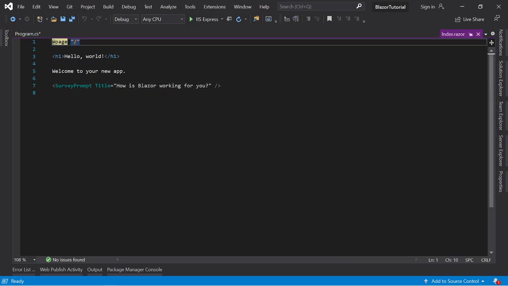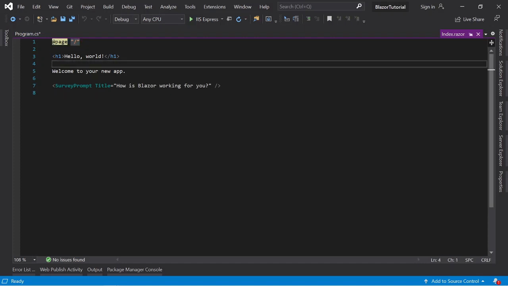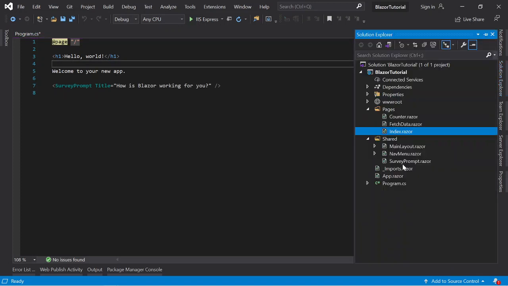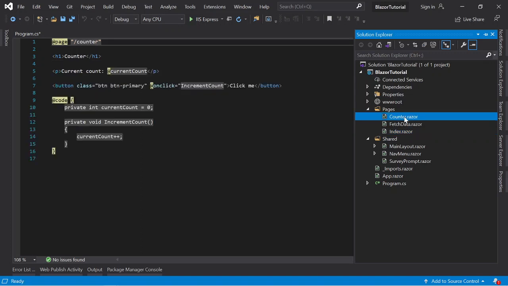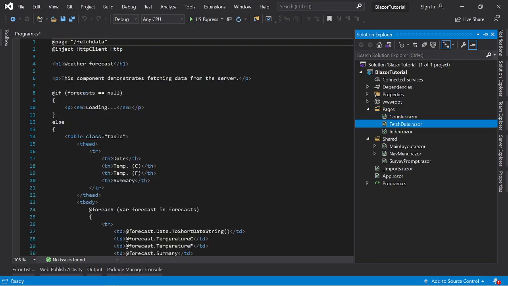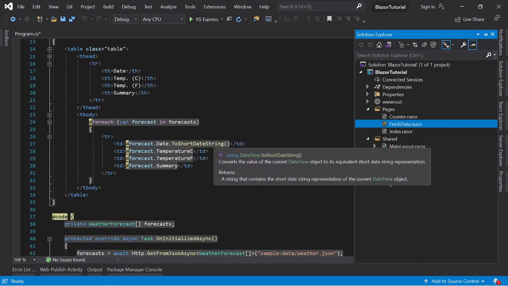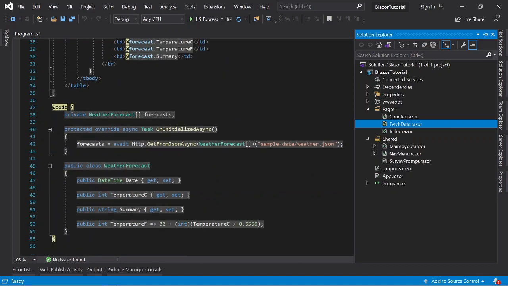This is the page directive indicating that this is the body of a Razor component. And there are counter and fetch data. This is an example of how to use HTTP to fetch data.